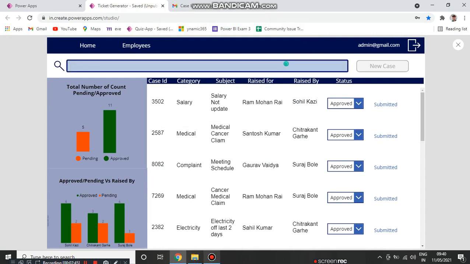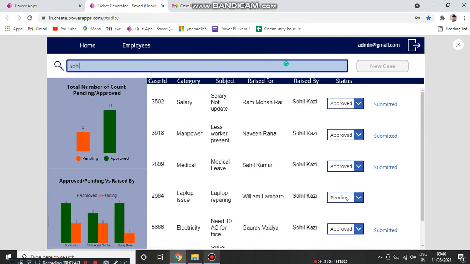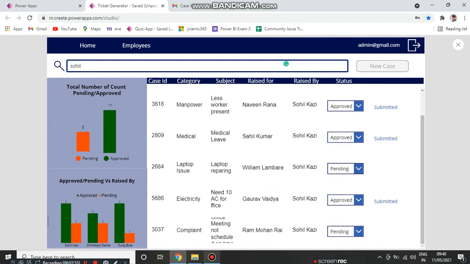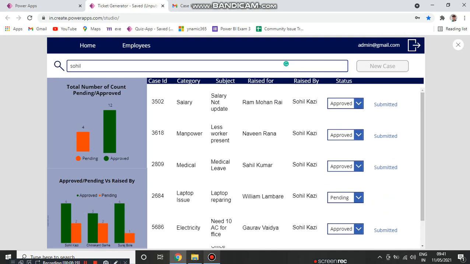I'm just checking the Sohail data, 3037. So what is happening? I'm just going to approve this. When I approve this, my data will change. The total number of approvals is 12 and pending is 4. Whatever issue is raised by Sohail, he will get approved.